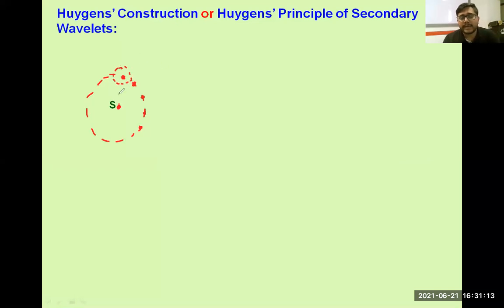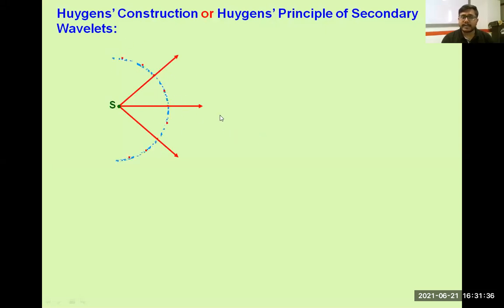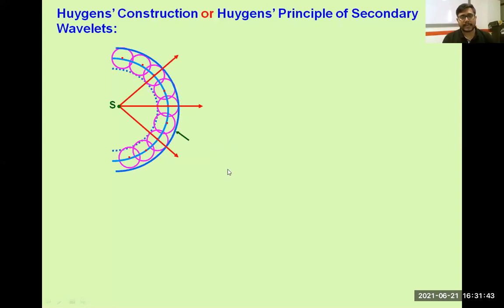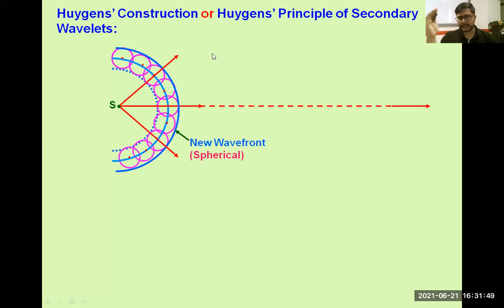So we know that from a point source, which kind of wavelet will emit? Spherical. So that is the principle of Huygens. Basic, fundamental, but very important. You can see that this source of light can be emitted like this, and this will produce various secondary wavelets, and from these secondary wavelets some wave fronts will come. When you join these, you will get a new wave front. In this manner, light is propagated.